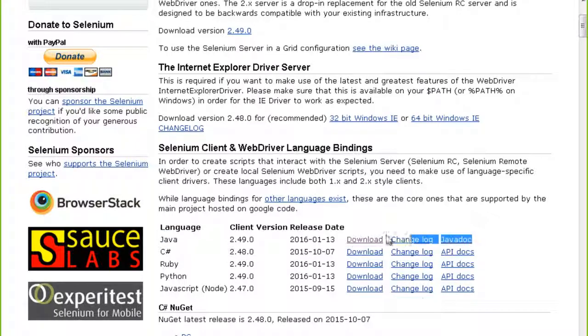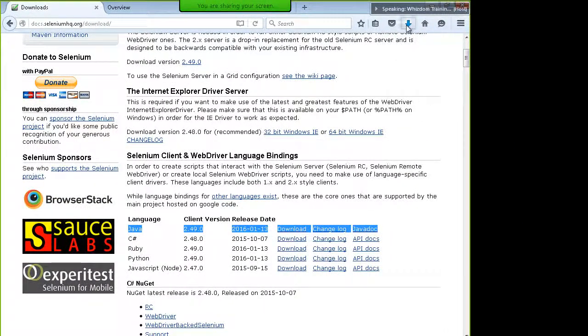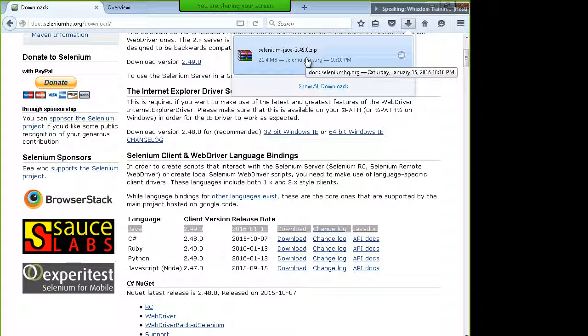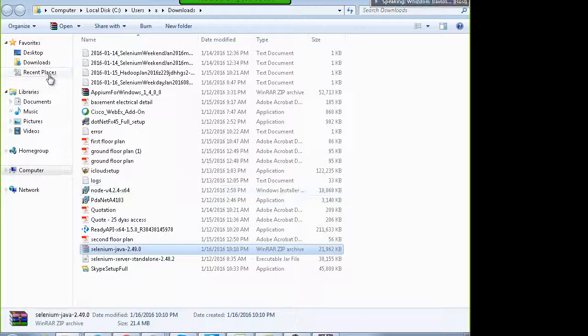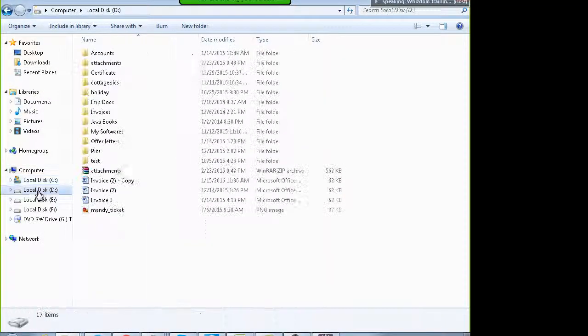So these are the Java client jars which I have just downloaded. Everything in Java comes in the form of jars only. For example, later on we'll be studying how to use Excel files, how to read data from Excel files, how to parameterize the test cases. To read data from an Excel file also, there are inbuilt jar files whose features we can use. So these are the jar files for Selenium, given by the Selenium team. You just need to copy them somewhere on your machine.